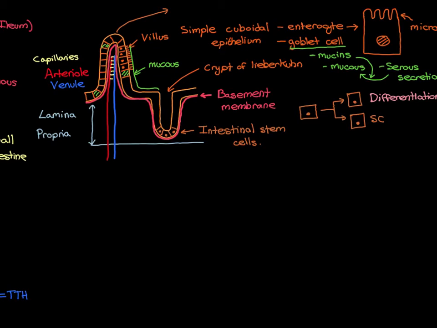Now, that's not, however, the only blood vessels that you're going to have in... Sorry, they are the blood vessels that you're going to have in the villus, but you're going to have another type of vessel, which is a lymphatic vessel. And I'm going to draw this in this sort of mint green colour. Lymphatics are often showed in green. So also in a villus, you'll also have a lacteal,